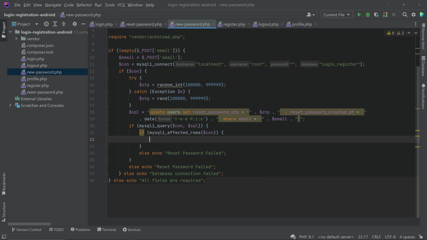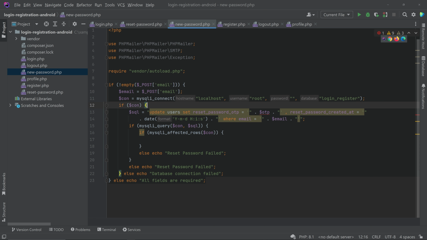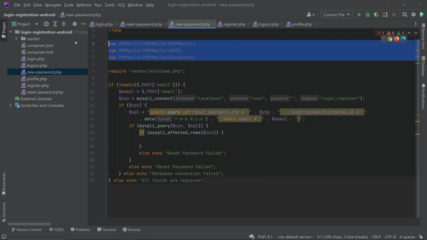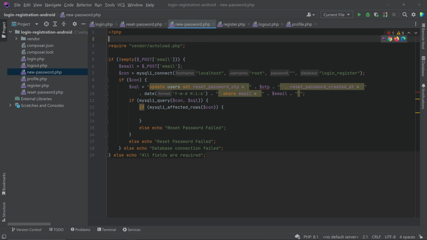Okay, now we don't need the OTP here, so you can remove these lines also. Okay, and you can also remove this line, the use PHPMailer part, because we are not sending any email here. So remove that line. And here in the if condition, where we are checking if the email is present or not, we have to check for the OTP and also for the new password as well. So let's add them